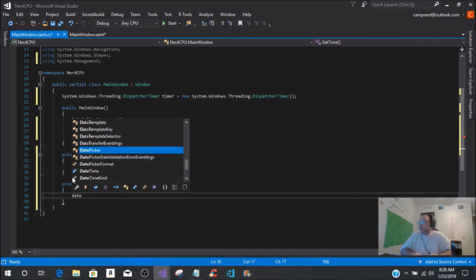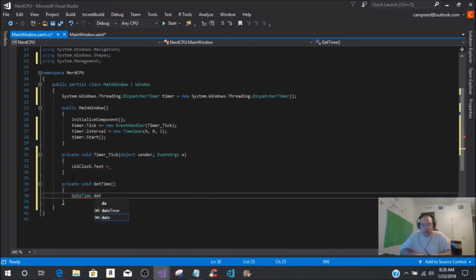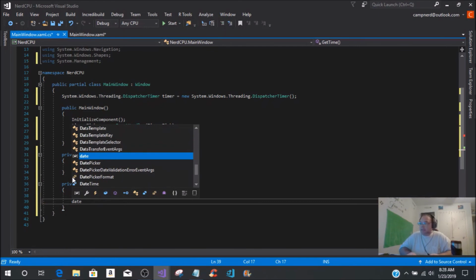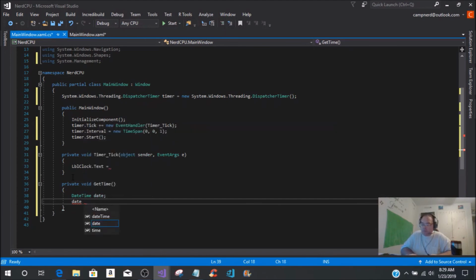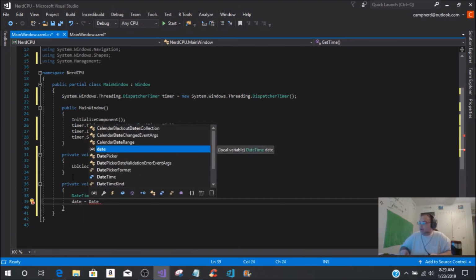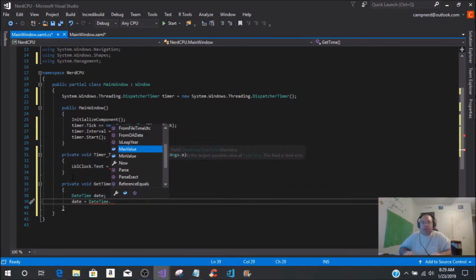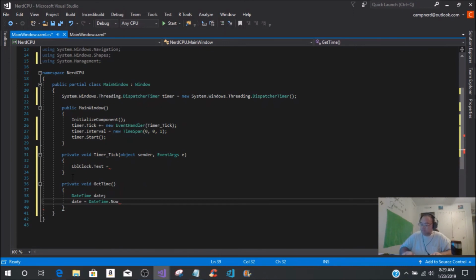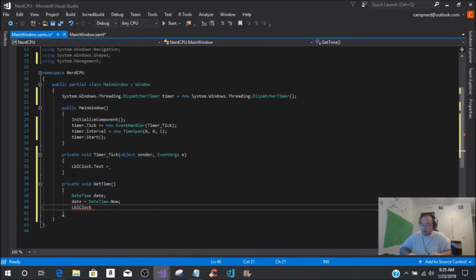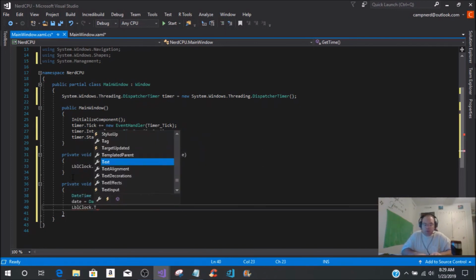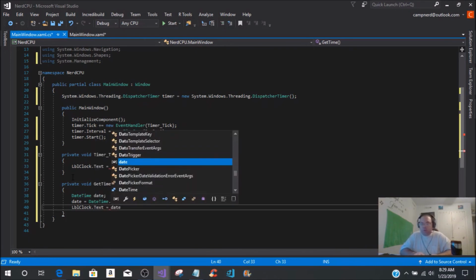And then under this, you're going to call the DateTime, and it is going to be called date, and then it's going to be date equals DateTime.Now, and then you're going to close that off, and you're going to come under there and do the LBL clock dot text equals date